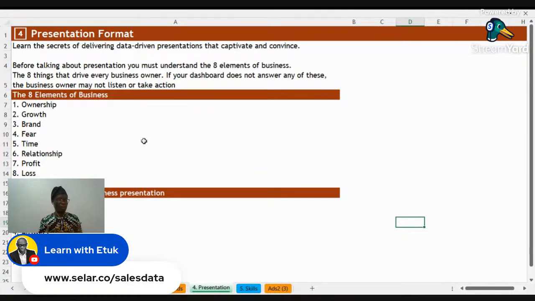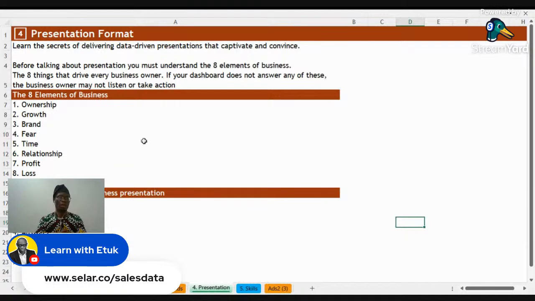And so these are business owners. These are leaders, these are managers, and they are very conscious. There are certain things that drive these persons, and we'll look at it from the business side. It does not mean that you should go study business, but at least have this business understanding to help you when designing your dashboard or making your presentation.